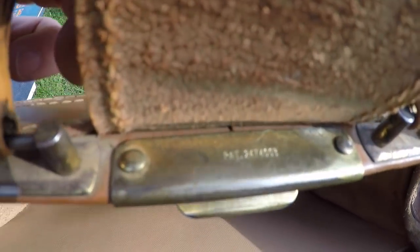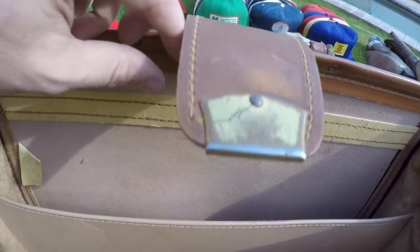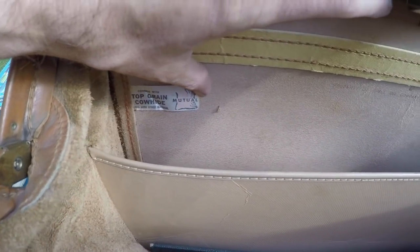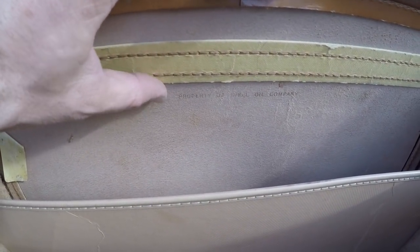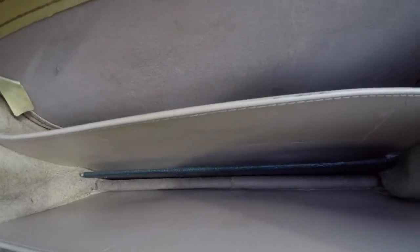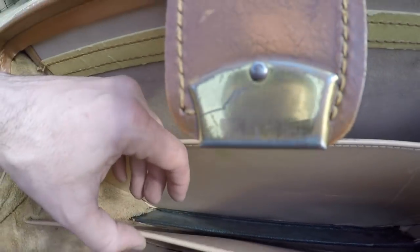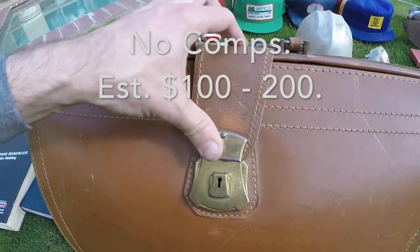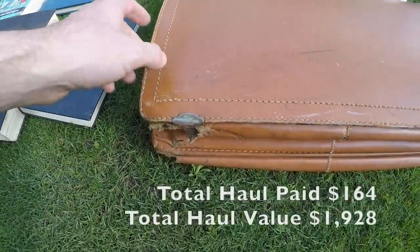patent number on the latch, brass latch, and then I was looking at it earlier. Didn't see this at the sale. I did see this tag. Top grain cowhide. So that's nice. But if you look right here, it might be hard to see, it says property of Shell Oil Company. That's a pro and a con. I guess the con is they might want it back. Pro is a collector. People collect oil like crazy, so this could be pretty good. Unfortunately, it has the damage, but